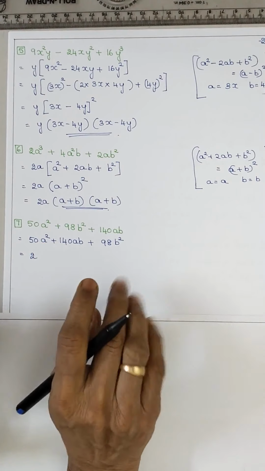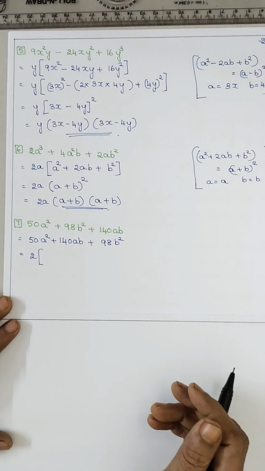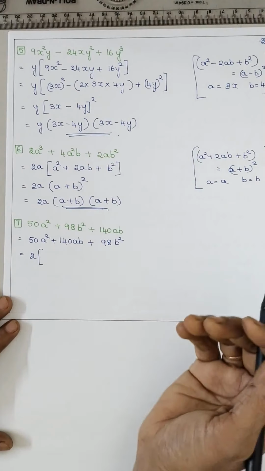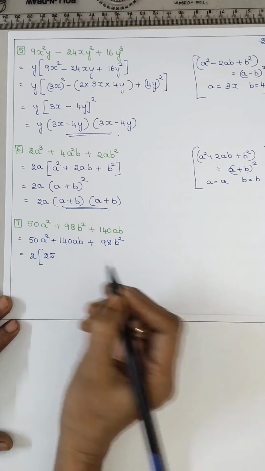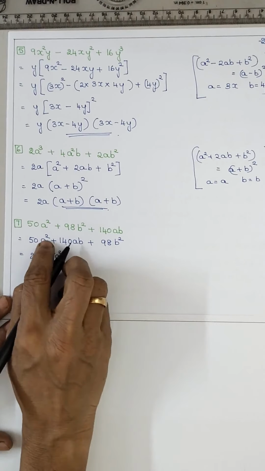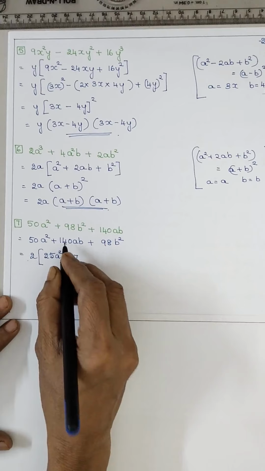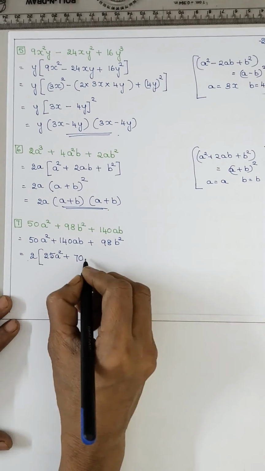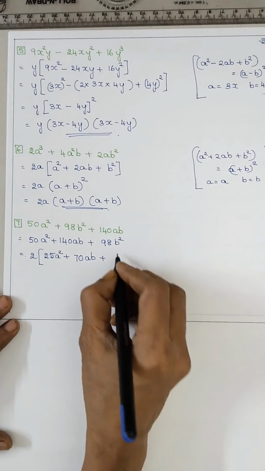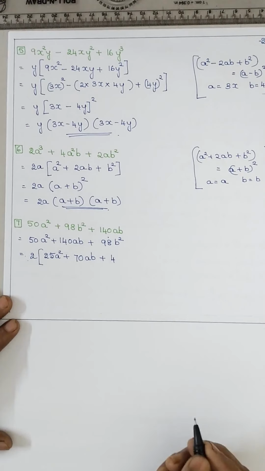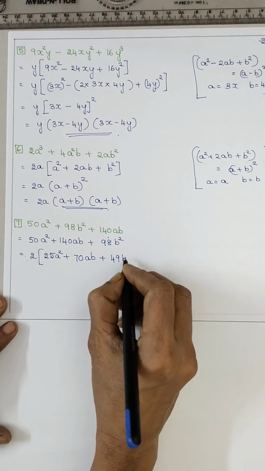This is square, this is square, so with that no problem. Since it is a square, there is no need to take the alphabets common, like here. So 2, how much 50? 2 25s are 50. a squared as it is plus 2 how much 140? 2 7s are 14 and 0, and this will be ab, plus 2 how much 98? 2 4s are 8, 1 remains. 2 how much 18? 9s. So 49b squared.